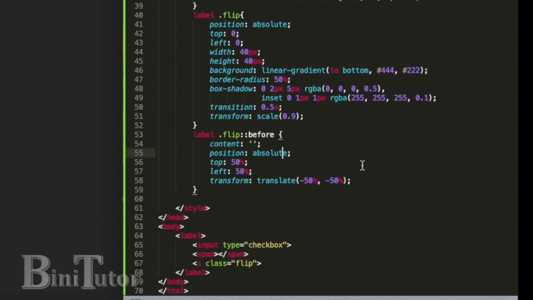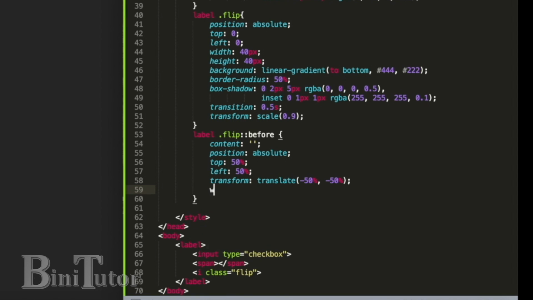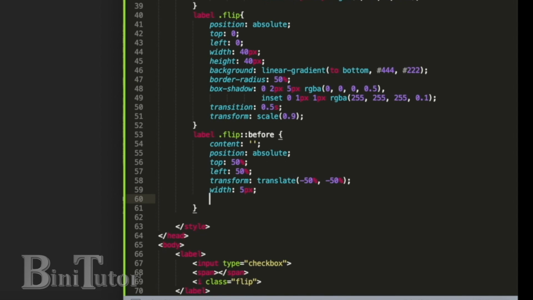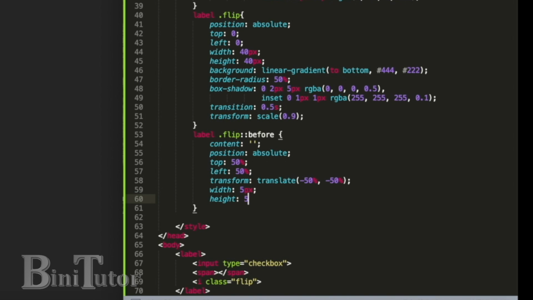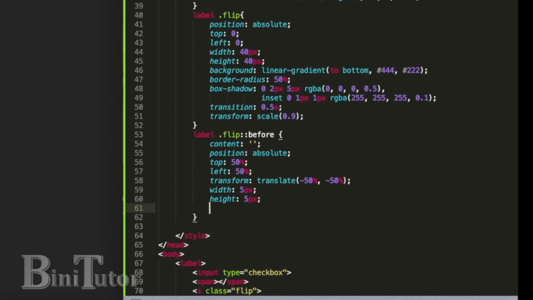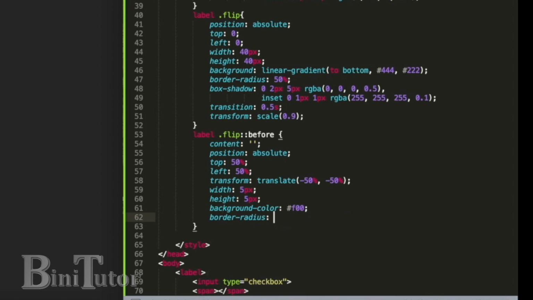Alright, and give it a width of 5 pixel and a height of 5 pixel, background color of F00 and border radius of 50%